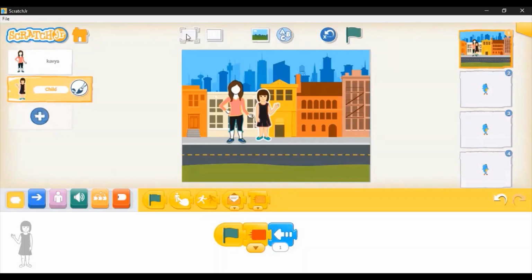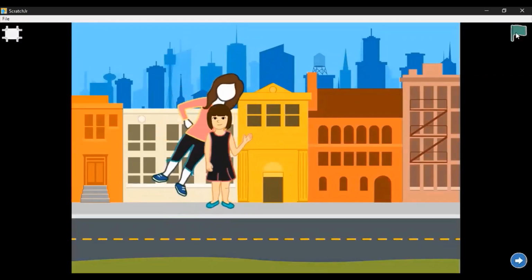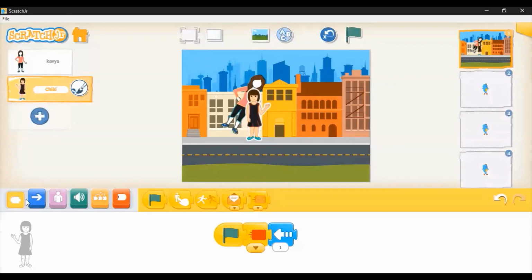Now I go to the presentation mode. Okay, this character also moved because I had programmed it. If you see, I had made her move one direction left. Hence, she moved in the left. But first, what happened? She sent a message. Kavya received. First, Kavya performed, and then she moved in the left direction. This is how the flow of the commands is. So this is all with the trigger block.